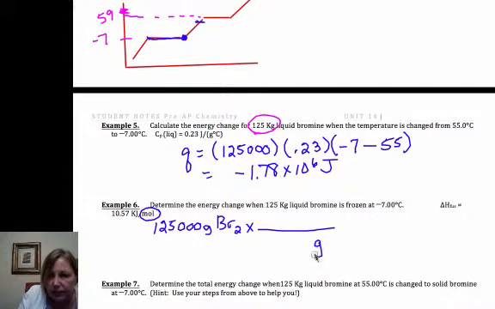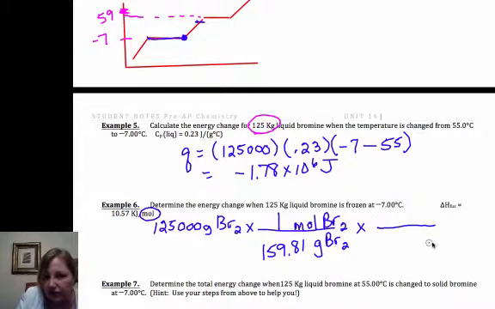So I'm going to get rid of grams of bromine. I'm going to go to moles of bromine. And it's 159.81. Now, I'm going to use that delta H of fusion as a conversion factor. Moles of bromine in the denominator, 10.57